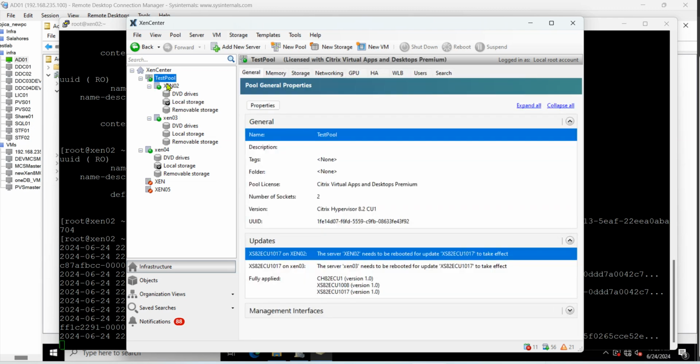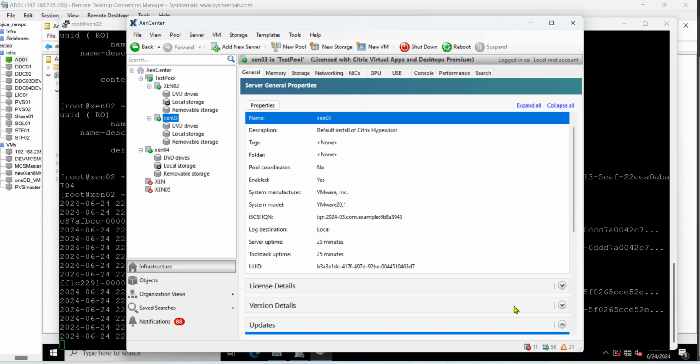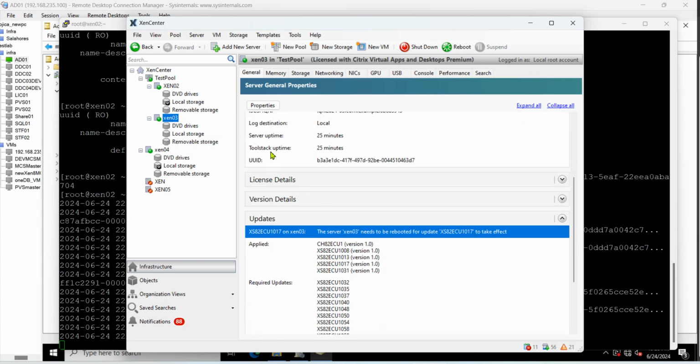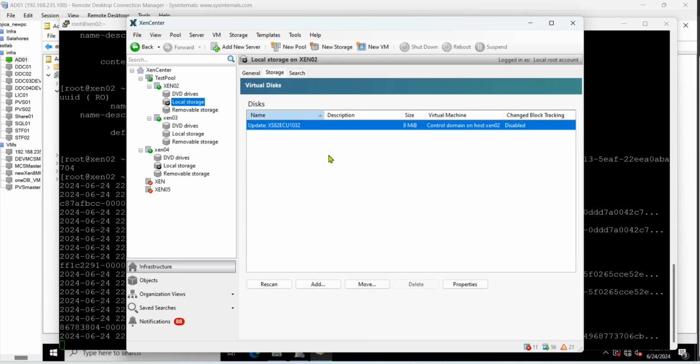So installing has begun, and it should install on the entire pool all the updates, and it also cleans up. So it installs and then it's cleaning up,